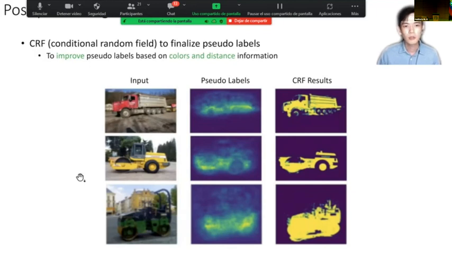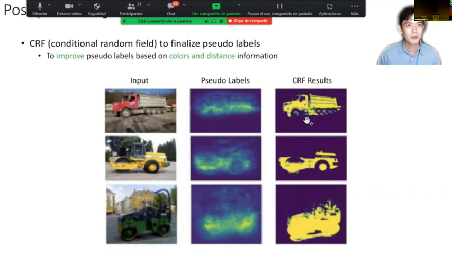And if you look at the image below, in the left column we have our input images, and the middle column is the output CAM. As you can see, the attention of the generated pseudo label is still rather coarse. And then we will use the CRF to finalize our pseudo labels as refined pseudo labels to train our